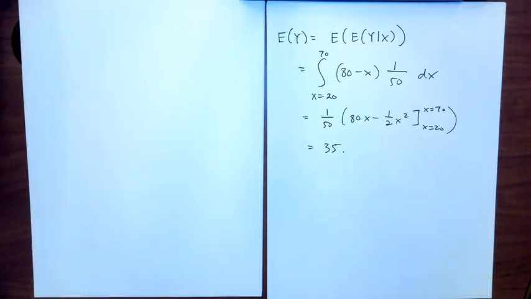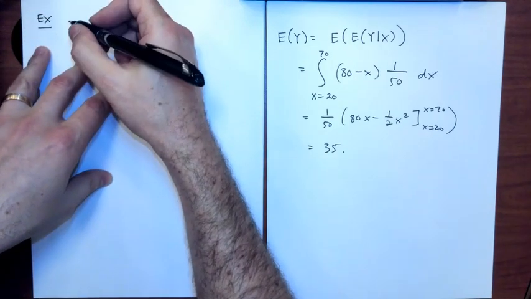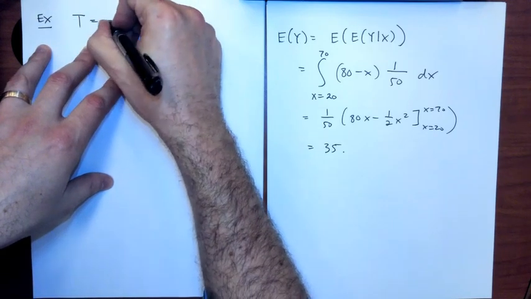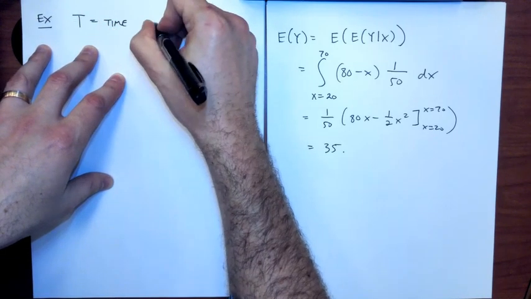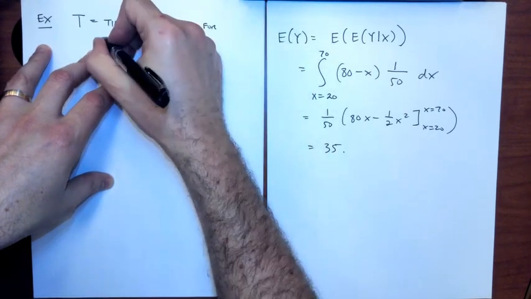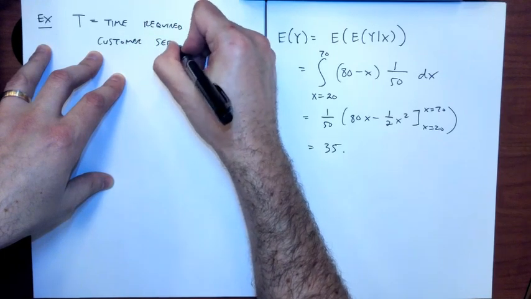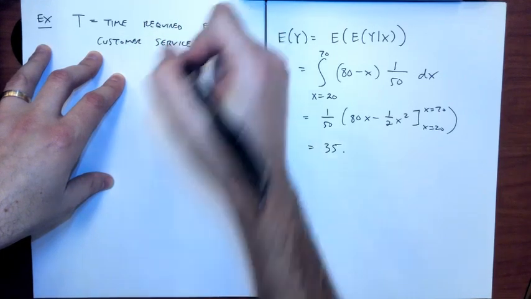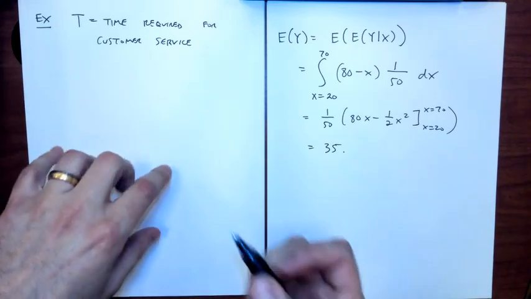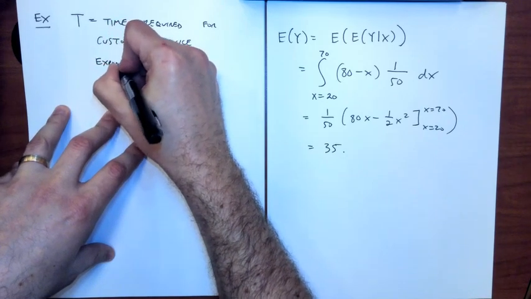So here's another example where we let t be the time required for customer service. Okay, so let's imagine that this is like a bank or something like that, where people are coming up and they're being serviced, right? So let's suppose that this is exponential